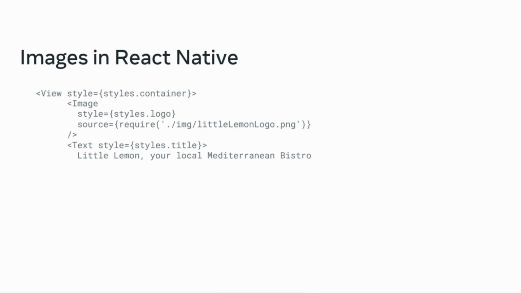Notice that the image component goes inside of the view. It has been given some styling, and you can pass the image information using the source prop. To the source, you can pass the location of the image, which is ./img/littlelemonlogo.png. While the page is rendered, the image component loads this image file and renders it with the style that was passed to it. The styling applied to this image came from a style sheet and sets the height and